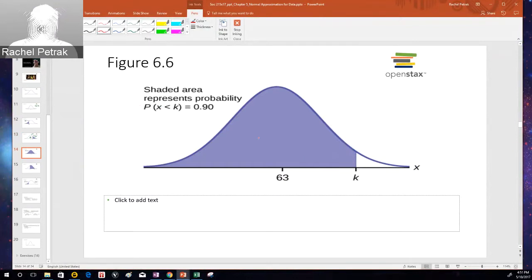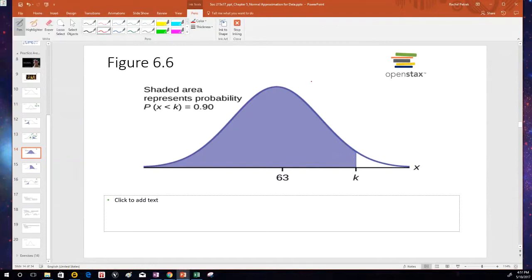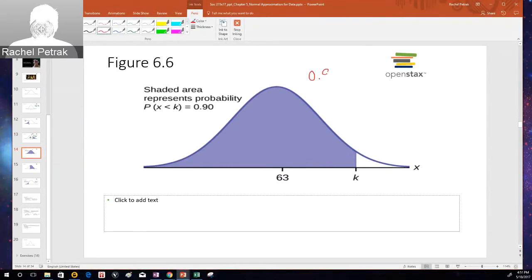The shaded area represents a probability of 0.9. Well, where do they get that probability? That probability corresponds directly to the proportion. So I know, because I know that since this is a probability,